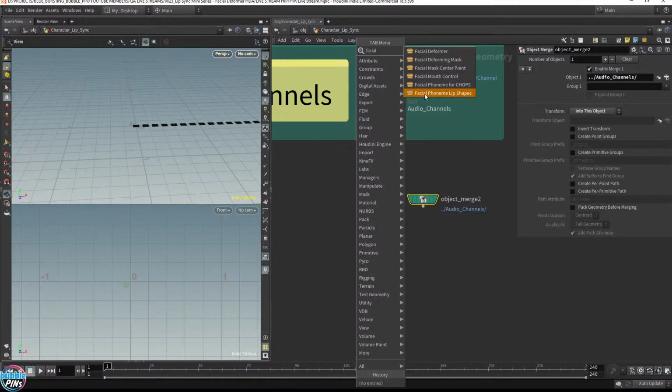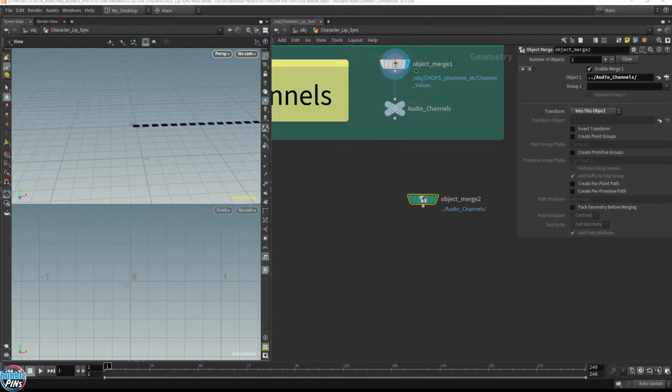And I will show you how to create your own facial deform or blend shape, because you may not be satisfied with the mouth shapes that I have pre-configured. So you might want to make your own. And I'll show you how to do that using these helper nodes that I created too. So let's start off with,